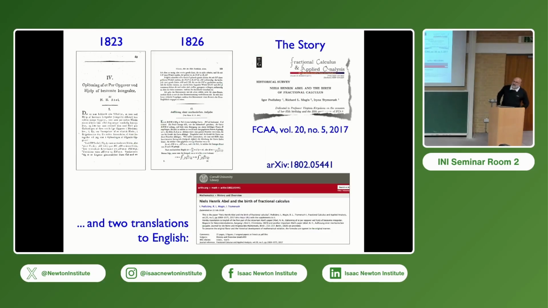But also we had a publication with Richard Meighen and Irina Trumarush, in which we made an archaeological discovery in the history of mathematics, and we actually discovered the unknown contribution of Niels Henrik Abel. Already in 1823, he had the same idea as Caputo did. And he had actually the complete Caputo fractional differentiation in that paper, 1823. And Irina Trumarush, my former PhD student, did also the first ever translations of those Abel's work to English. You can find them in archive. They did not fit in the journal publication.